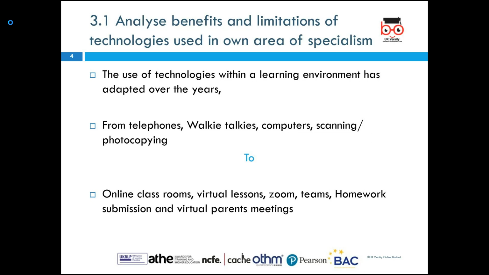We'd have basic computer systems where we took our register. We'd be able to use the photocopier to scan and photocopy, but there'd be that basic photocopiers. Now we can do online classrooms, virtual lessons. You've got Zoom, Teams. You've got homework submission that can be done online and, actually physically carried out, activities, games,